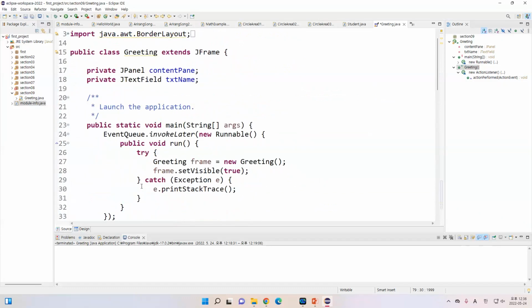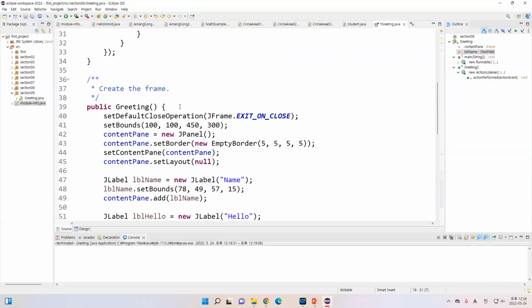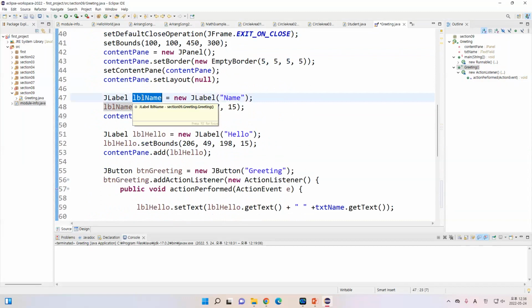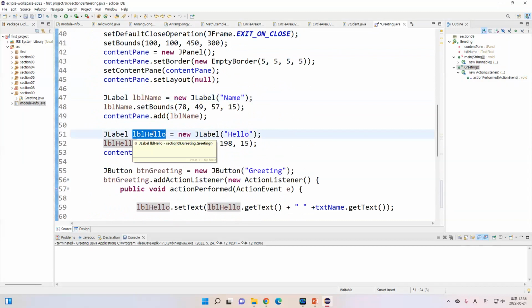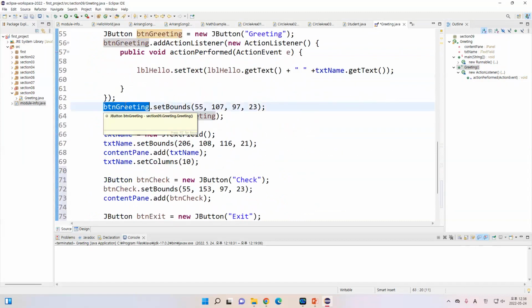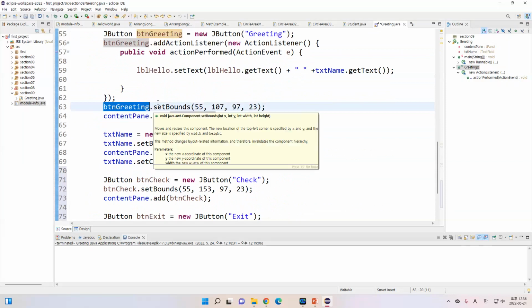You can check here. The text field is txtName, so it is automatically created in the Java source code. You can see here the JLabel lblName, so it is automatically created. JLabel lblHello is automatically created. And then we have btnGreeting, also automatically created. It means if you have a lot of variables and there is no pattern,